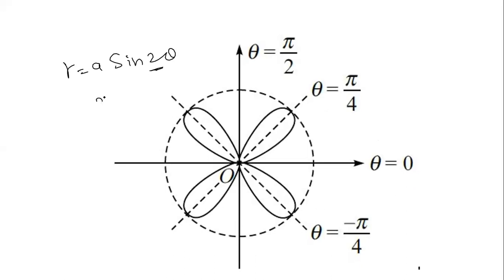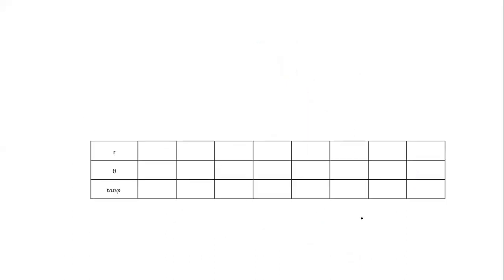Here m is equal to 2. It is an even number, so there are 2 into 2, 4 loops. You can see there are 4 loops. Okay, so there are 3 more problems, and we are going to stop after 10 to 12 minutes. I do not remember, I think this is problem number 6.